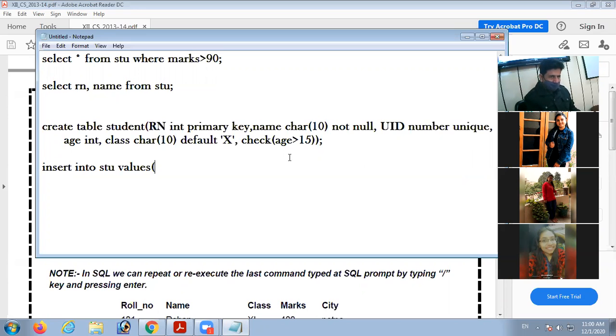First is roll number, then name. A character value must be within single or double quotes. Then class, then after that there is Aadhaar card. Suppose I take it here, then age, then class,